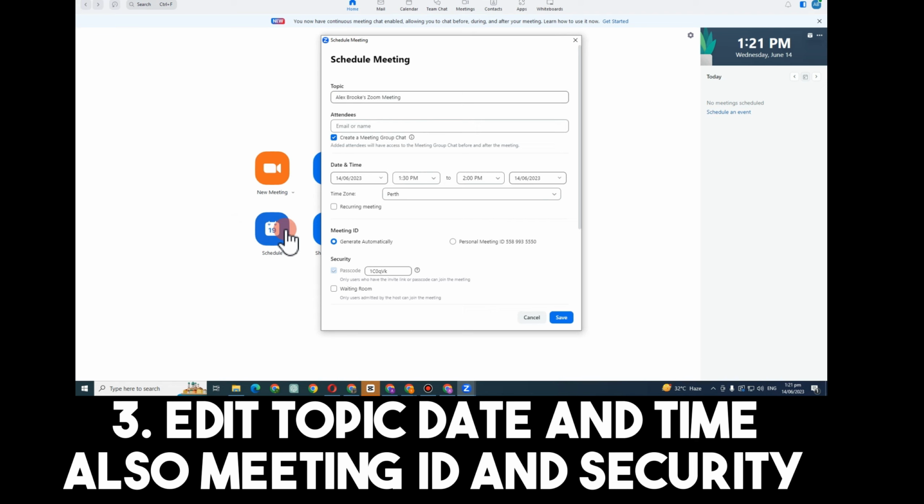For topic, you can easily edit this one and create your own topic. For example, your meeting is all about client and team. You can also change this one and put that, or if you want to name this as upcoming meeting, actually everything is up to you. But topic is also important so that it would be easier for you to know what this meeting is all